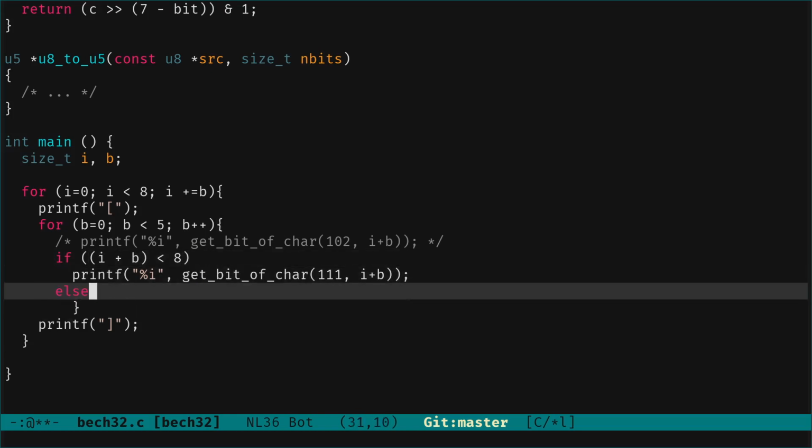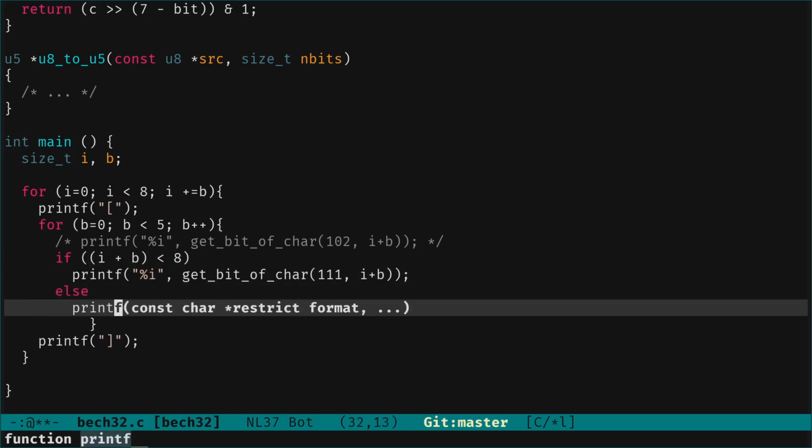Else, let's print something else to see that we are not printing the 0, but we decide when we print 0. So let's print something like a dash. Okay, so normally now what we will get